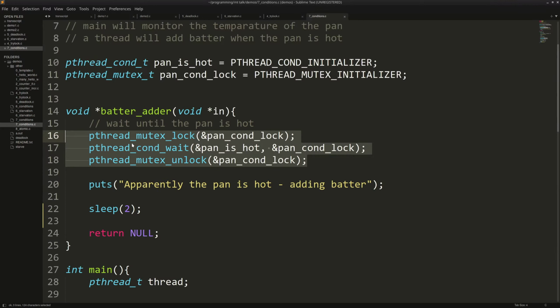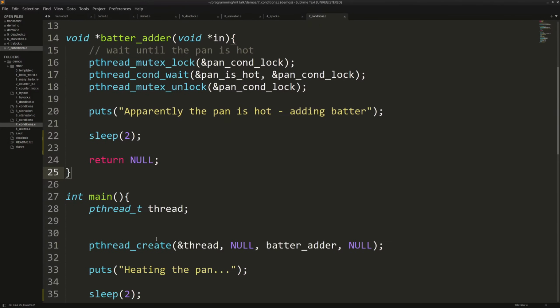So the thread will just keep on waiting. It will get stuck on these 3 lines, and only when the condition is signaled from another thread, it will continue execution. It will print apparently it's hot, and then it'll take 2 seconds to add the batter because it's quite a slow guy, and then he finally returns.